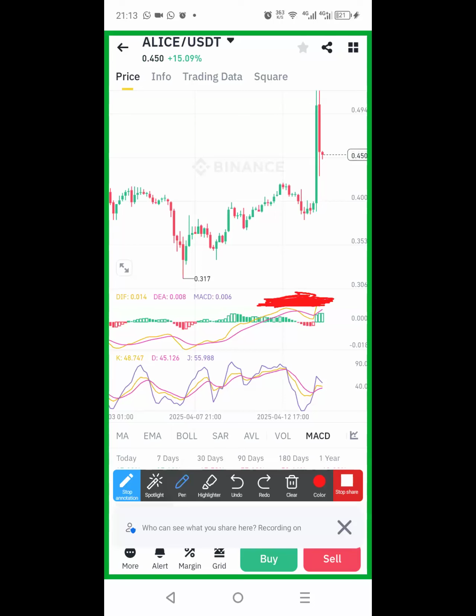So if a person wants to enter this kind of trade, these MACD lines, this yellow and red, or yellow and purple, are supposed to be under this bridge. For example, let me mark this one for us. Anybody that enters the trade at this area that I circled now, the MACD lines are under the bridge already. It's below the layer 0 already. So if anyone enters at that area, the person is going to make profits. At least, let me say, within a day, the person is going to make profits.